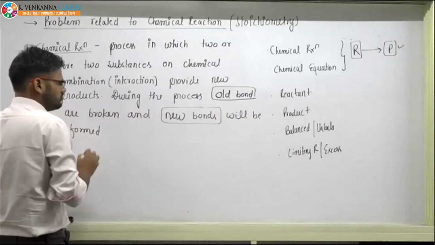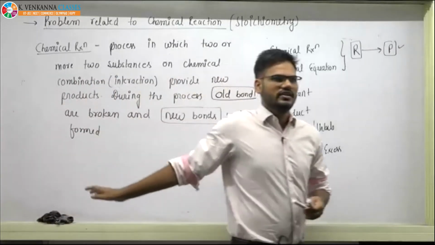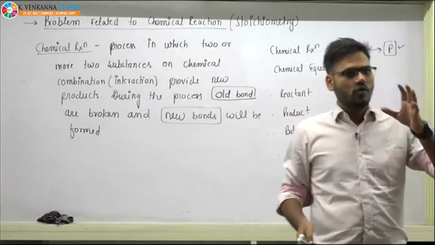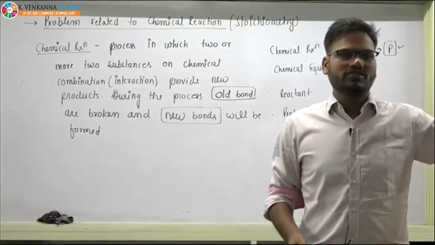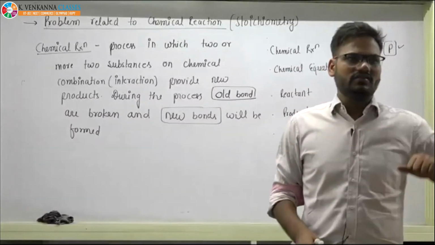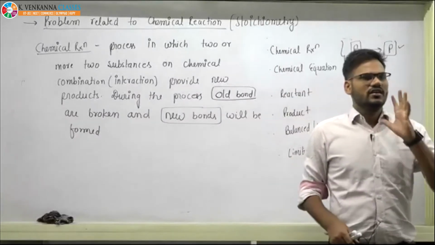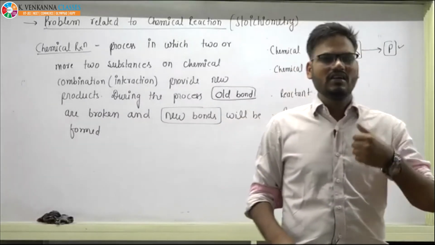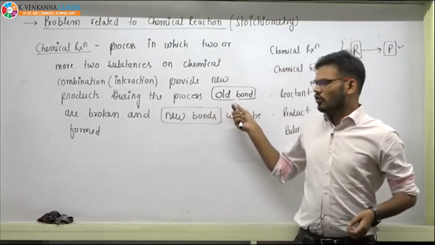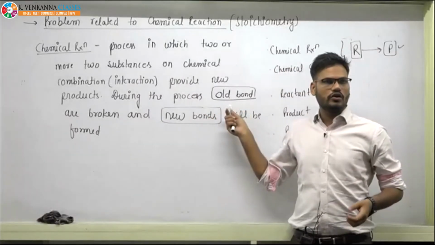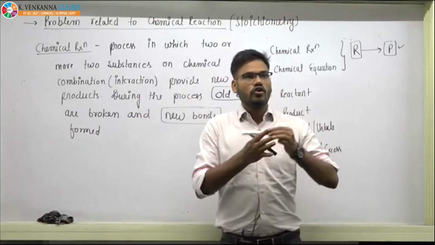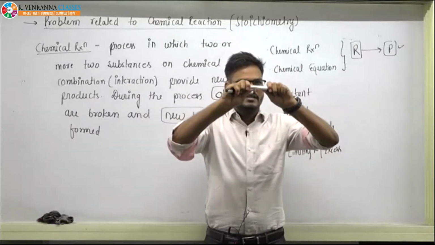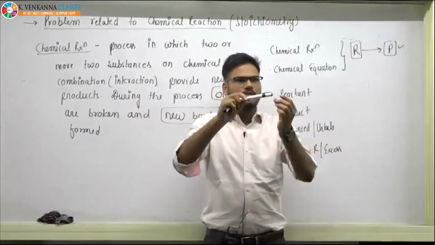So a process in which you see such kind of thing, then we will say that a chemical reaction is going on. A chemical reaction is one in which old bonds are broken and new bonds are formed. Please understand one thing. We will be studying this in chemical bonding, thermochemistry, and thermodynamics: to break the old bond, you require energy. If you want to break this, consider this as a bond, you require energy. It cannot be broken by its own.